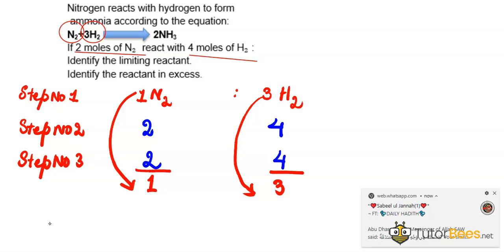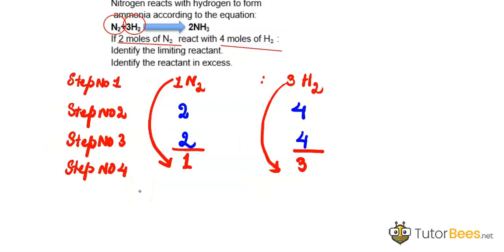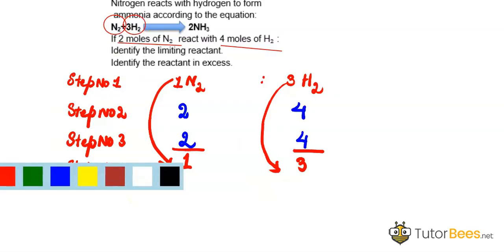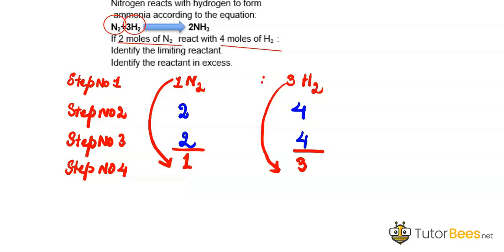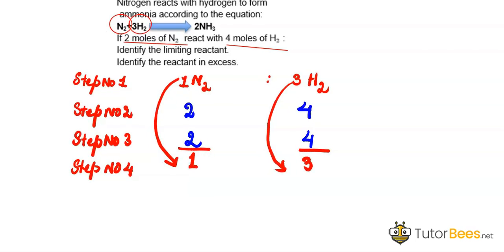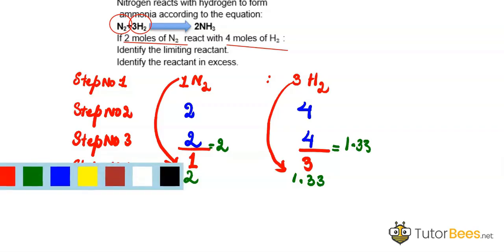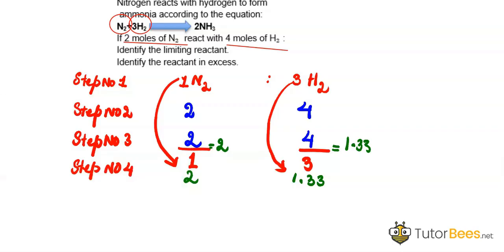The smallest number runs out first. In step number 4, you just need to write the answers which you get after dividing. Here you get the answer 2, and here you get the answer 1.33. So in step number 4, write these answers and compare these numbers of moles. The number which is smaller is the limiting reactant. So you find your limiting reactant,